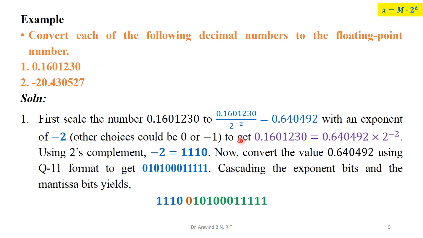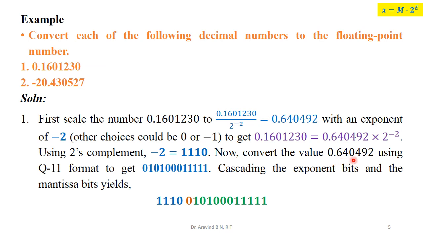So here we are going to consider 2 to the power of minus 2 for further solution. Therefore, given number divided by 2 to the power of minus 2, we have got this value. So that means 2 to the power of e we have identified that value. Remaining is the mantissa part that we need to identify. So this is the value we now have.